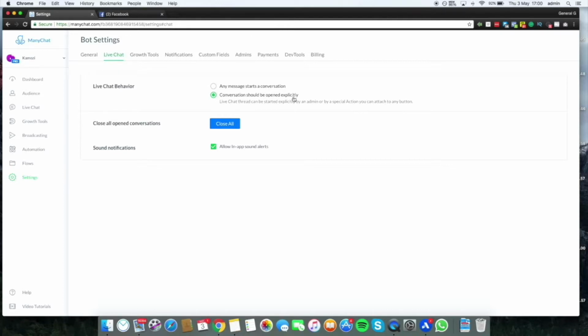Now what that phrase means is that if anybody sends you a message that you don't understand and you have a default reply that will open a conversation, then that is the only way that this will be able to happen. So a live chat thread can be started explicitly by an admin or a special action you attach to any button. So if you have a button that says talk to a human and they click on that, then that is the only way that they will be able to open a live chat with you